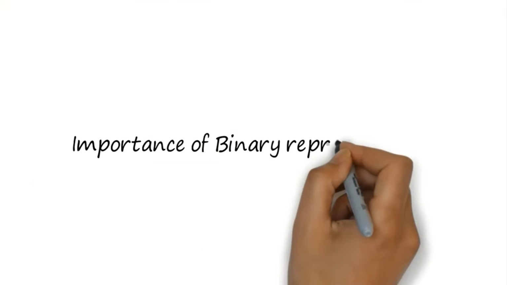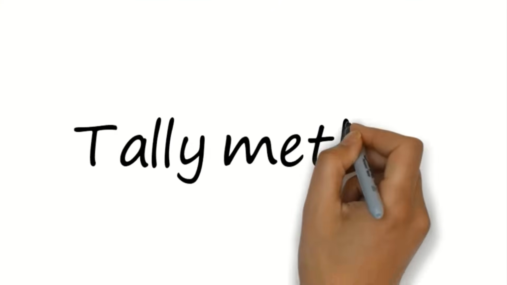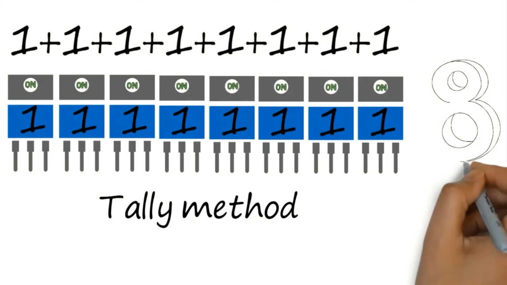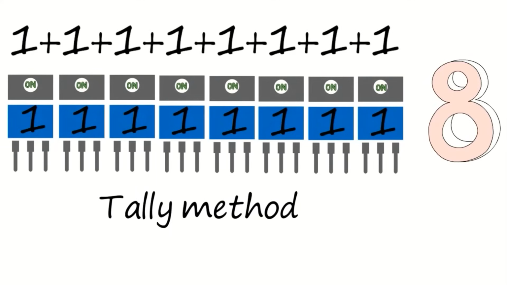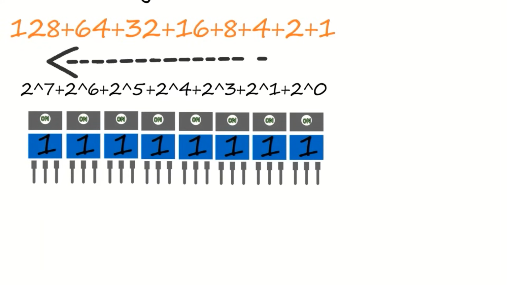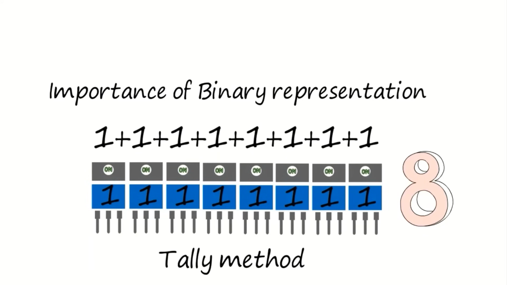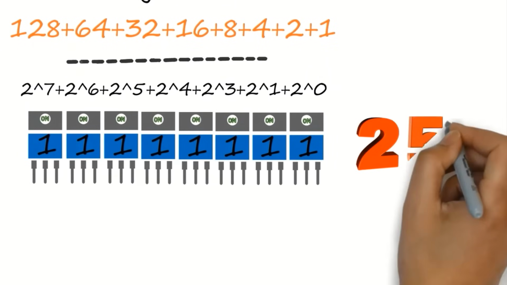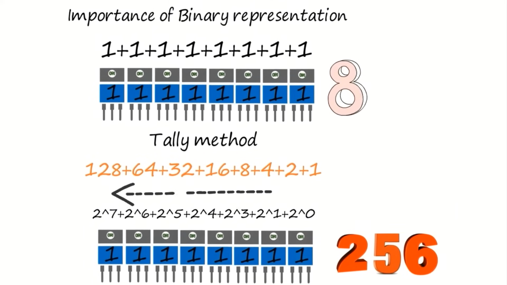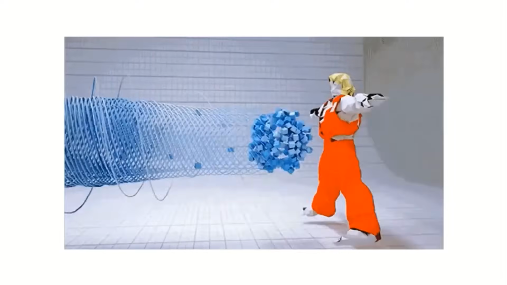The first goal of a computer is to count. One way is using a tally system, with the number of on switches denoting the number of things we have. Or we can use the more efficient counting known as binary, where each switch represents a digit of binary. In a tally system, 8 transistors represent 8 different values. In binary, they represent 256 different numbers using 8 transistors. Computers can play games and can do massive calculations.